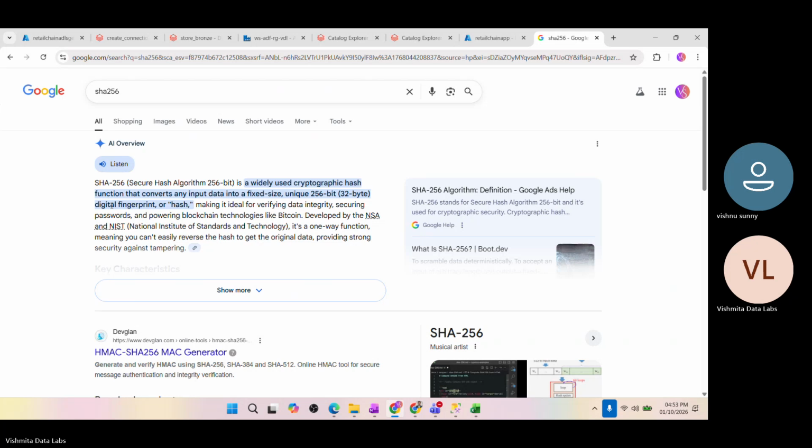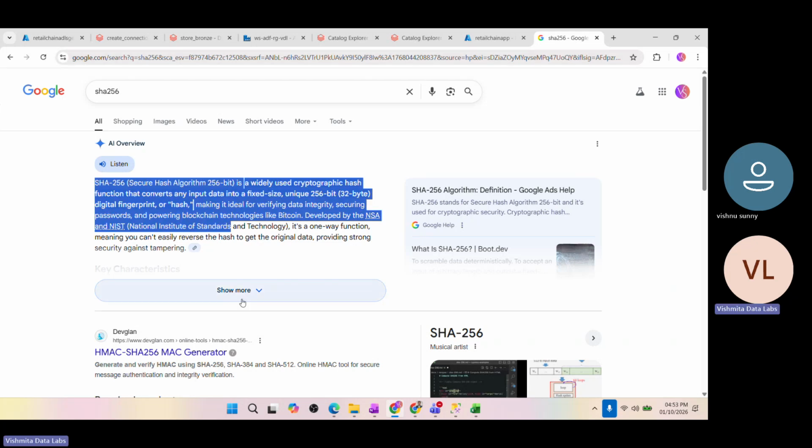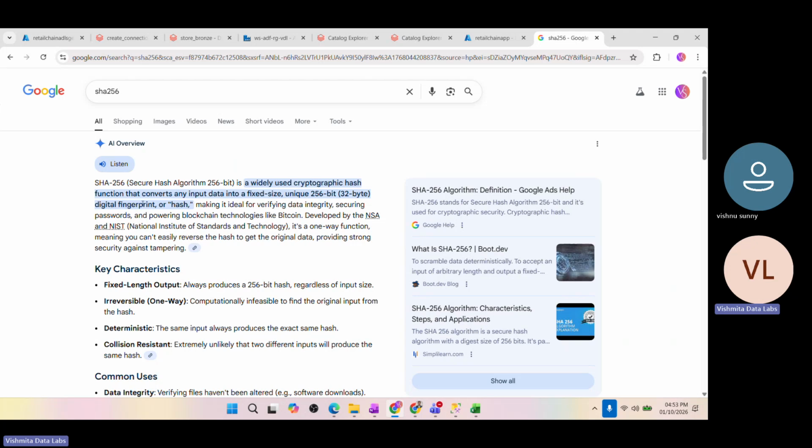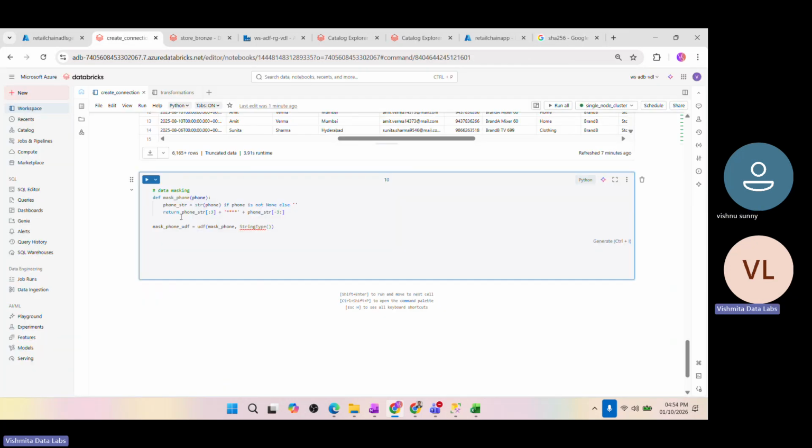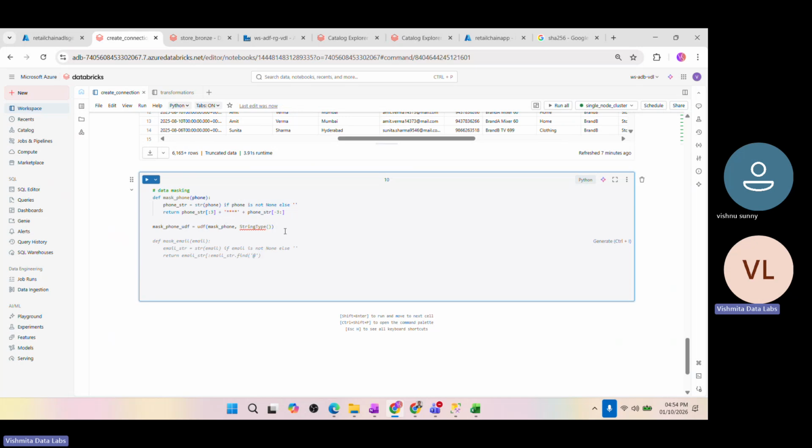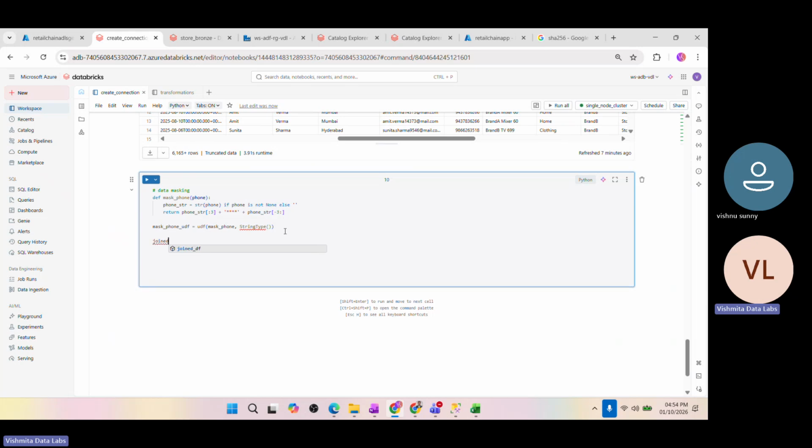For more details, you can go through it. This is one encryption method. We'll use this for our email. You have an option: you can use the same way we did for phone, the same way you can do for email as well. But we have another better option that I will tell you. So I will use that joined df